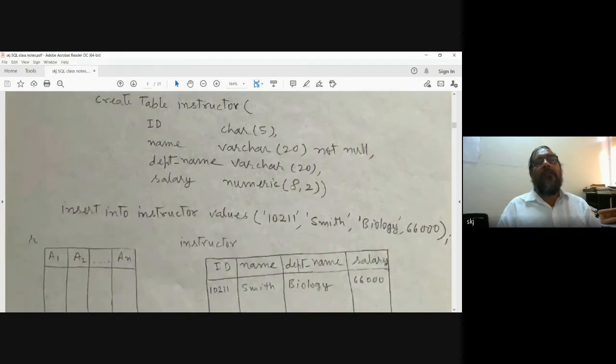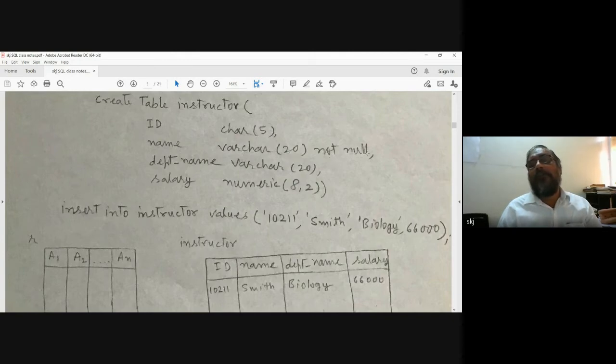So it is create table instructor, and the table attributes are here. You see ID, name, department name, and salary. ID is character type, 5 digits, and name is variable character type, 20.